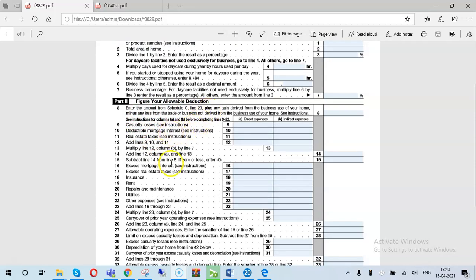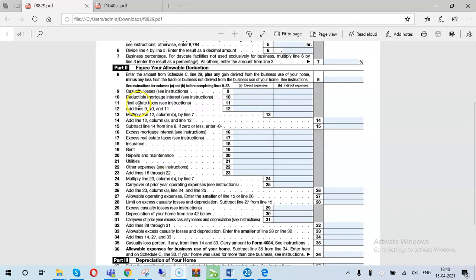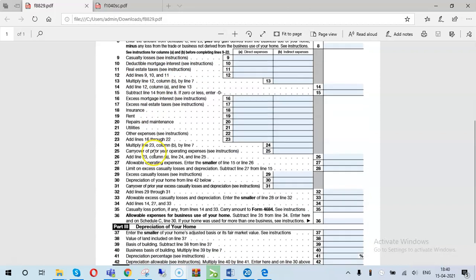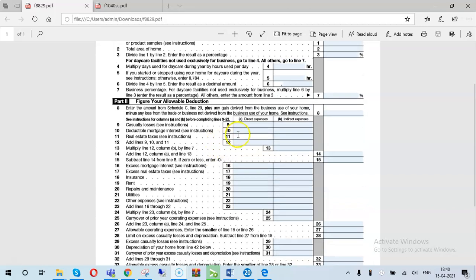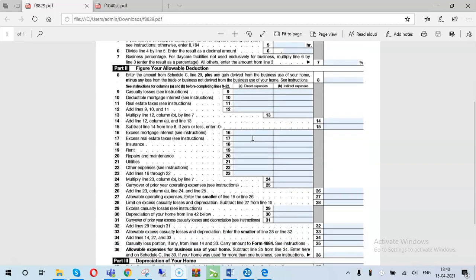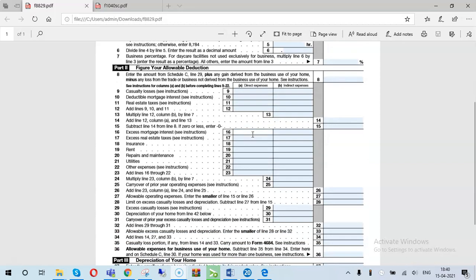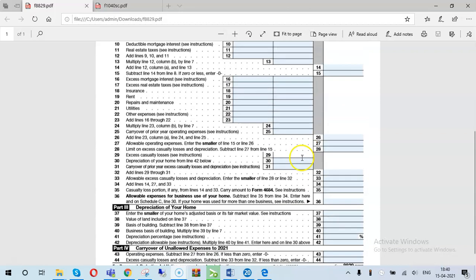See, these are very self-explanatory, like number 9 casualty losses, 10 deductible mortgage interest, real estate taxes, which I have already discussed, and also rent, insurance, repairs, maintenance, utilities, other expenses, whatever is used, either direct expenses or indirect expenses for the business activity. If it is directly involved in the business, then report it in the direct expenses